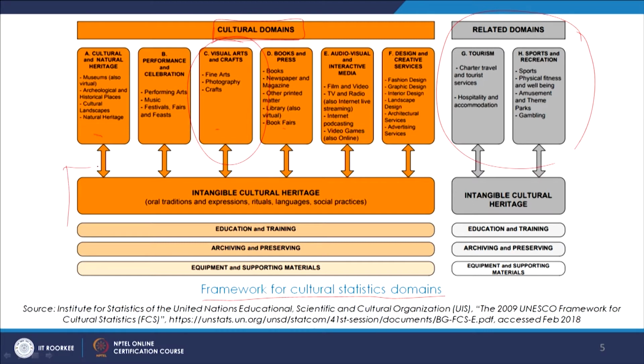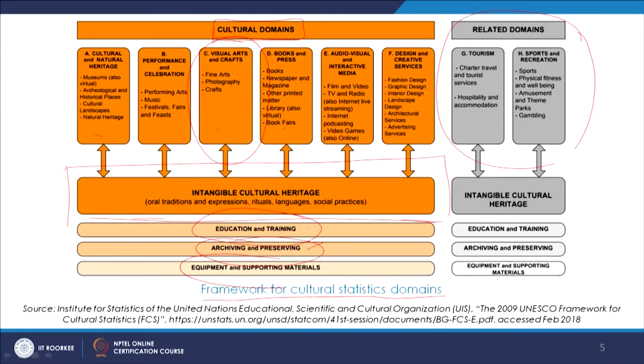Within that they highlight the importance of intangible cultural heritage, and then further there is a lot of importance given to the education and training component, the archiving and preserving component that we saw in the previous module where we were talking about the research and documentation perspective, the importance of archiving, and then the equipment and supporting materials. So here the education and training again is a paramount consideration, and that's what we are going to discuss today, and we have also touched upon it already several times in the previous modules, and how it is very important to really